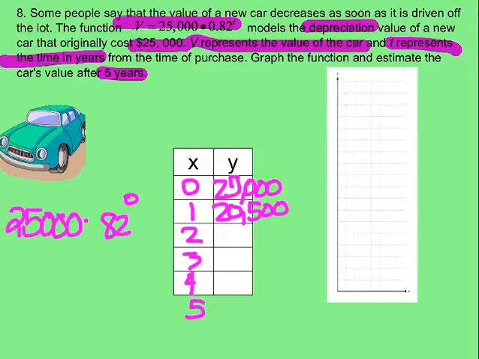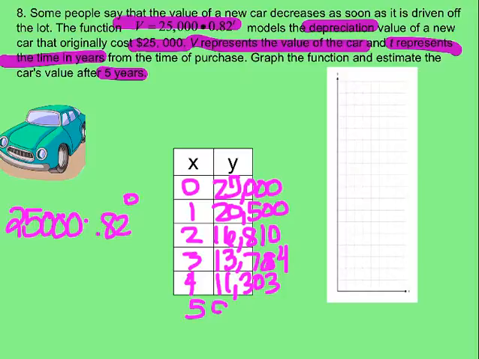Okay, then 25,000 times 0.82 squared is going to give me 16,810. Then 25,000 times 0.82 to the third power, that's going to give me 13,784. Okay, then 0.82 to the fourth power times 25,000 is going to give me 11,303. And then 25,000 times 0.82 to the fifth power is going to give me